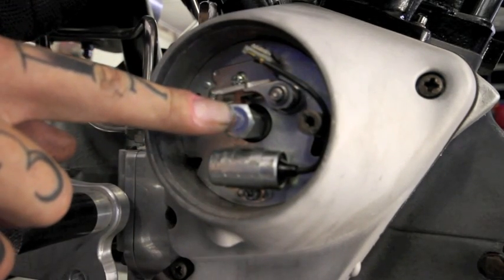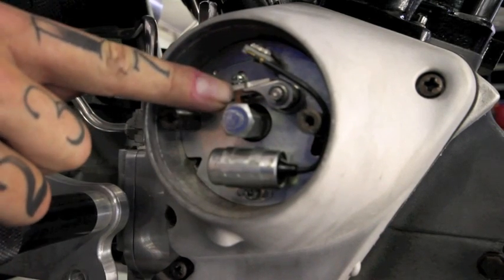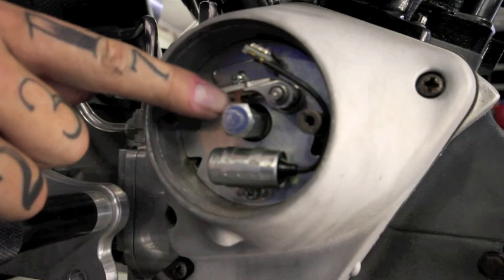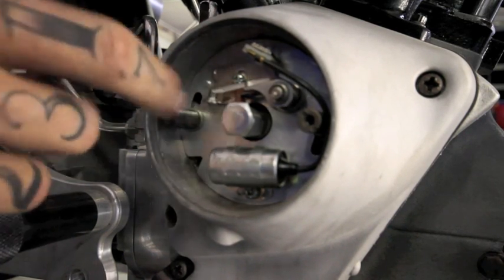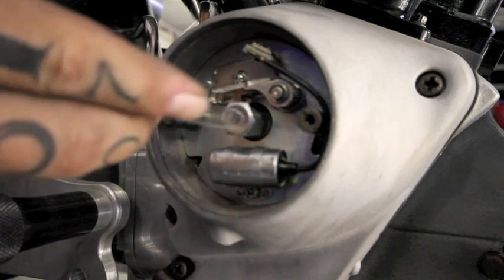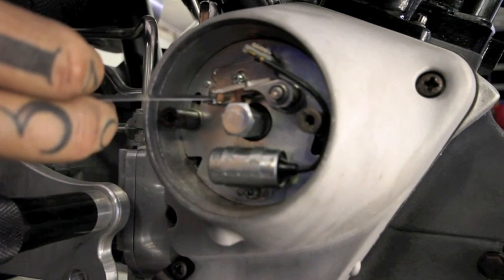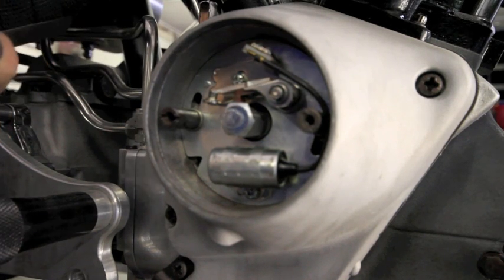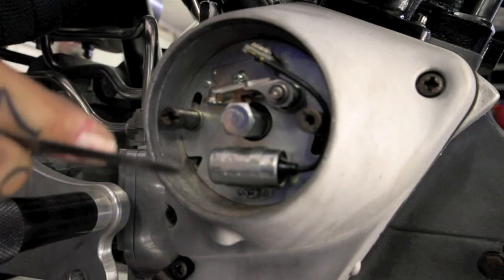Last thing here, we need to gap the disconnect, and you want to make sure, again, like I said, that your disconnect is up on the top of the lobe here. You don't want it to fall down in a valley anywhere, because it won't work. But at this point we gap to about 20 thousandths of an inch, or I guess I gap a little bit more, but the nice thing about points is that